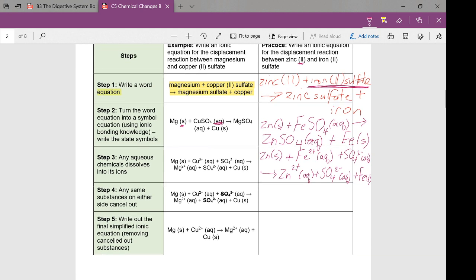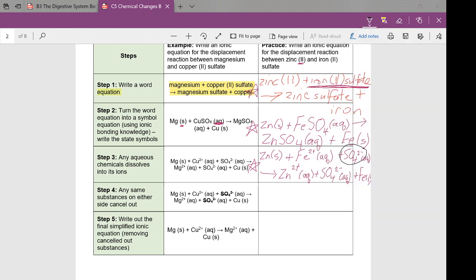Okay, so I started off with the word equation. Then I changed it into chemical symbols. Then anytime there is an ionic compound, that means that it got dissolved, so it got split up into its individual ions. That's where knowing the charge comes in. And then if you notice, on the left-hand side of my arrow, or at the top I should say, because I didn't have enough room, on one side of the equation I have